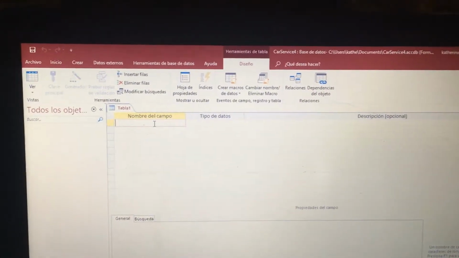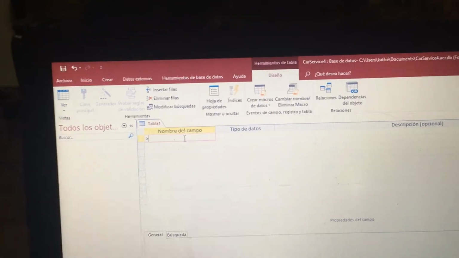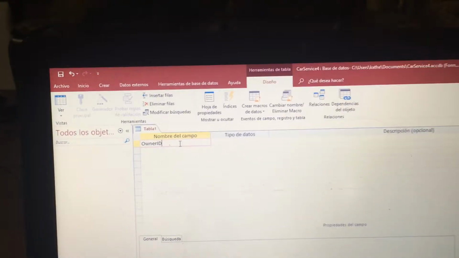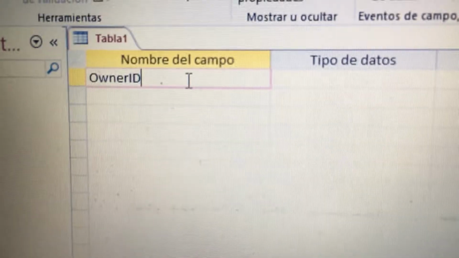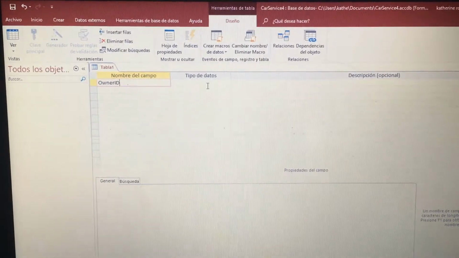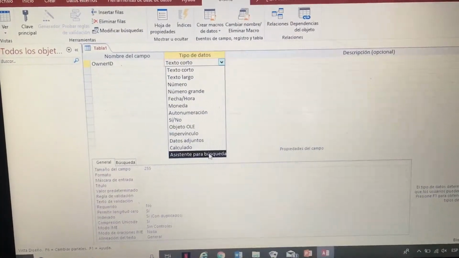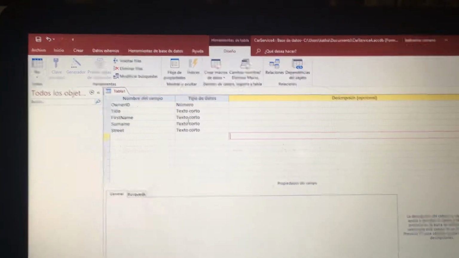Since I'm going to be talking about car service and everything, I'm going to put here owner ID. Okay, owner ID. As you can see here, there's no separation either. And here's the type of data, and it says short text. It says short text, and there are also many other options for types of data. Okay, so now after filling in your fields and the types of data,